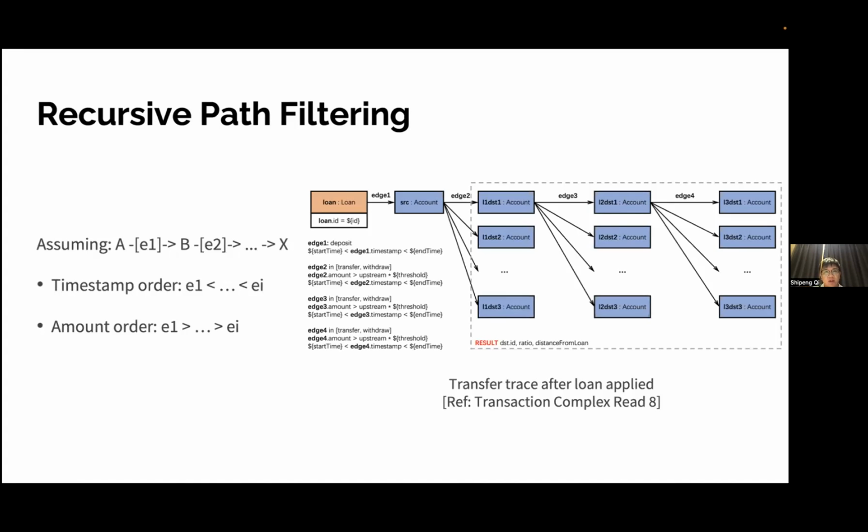Here is about the recursive path filtering. Recursive path filtering is a key feature when we find some trees and paths in the graphs. Sometimes we need to find some transfer trees from one given node. For example, when a loan is applied, the fund and the money will transfer from the loan to the next account, and one by one to the following stream. And assuming we have a trace from A to B to X,